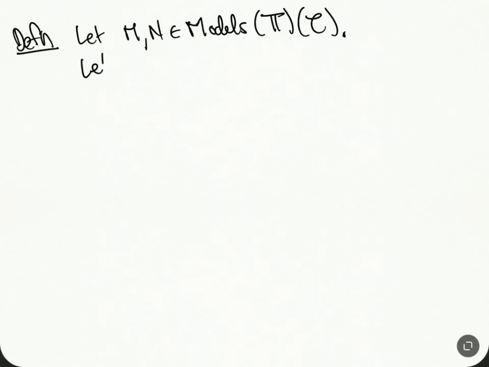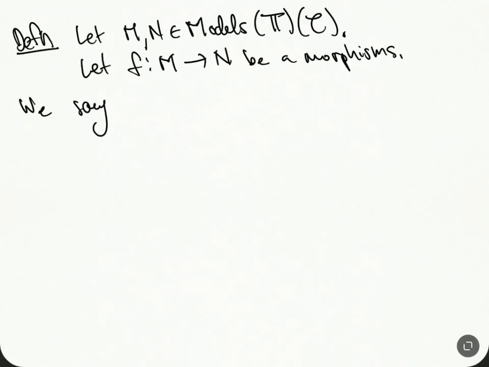And then we're going to take a morphism of these things, so this is just a morphism of structures. We say that f is elementary provided